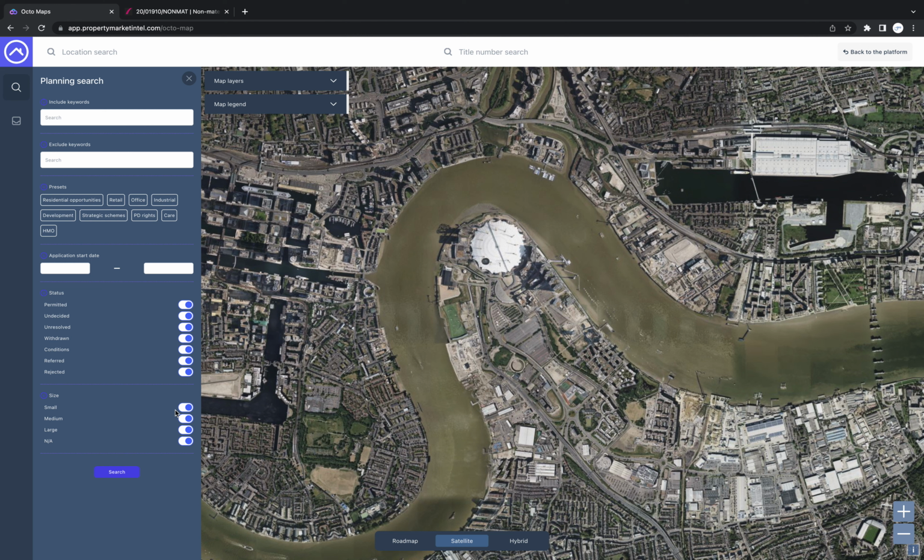You can also use our presets. We have a lot of presets which will autofill included and excluded keywords for you. We also have the opportunity to filter by application start date, status of the application, and also the size of the application. So if we just quickly dive in here, if we first show how you can add included keywords,